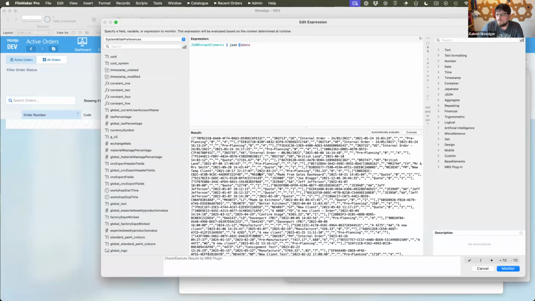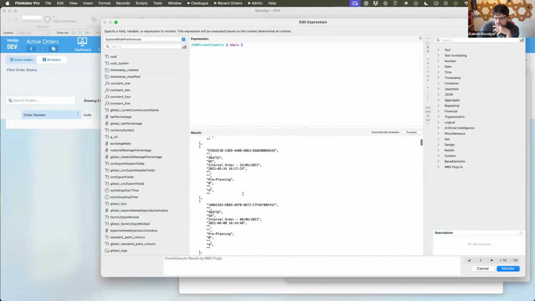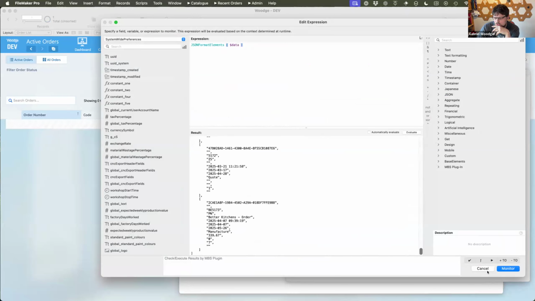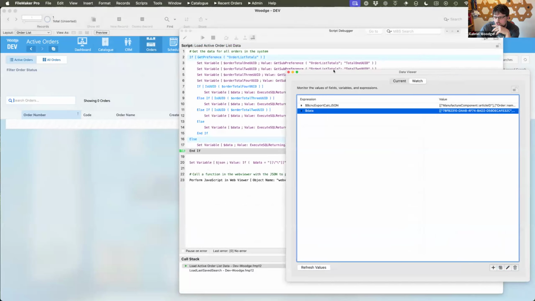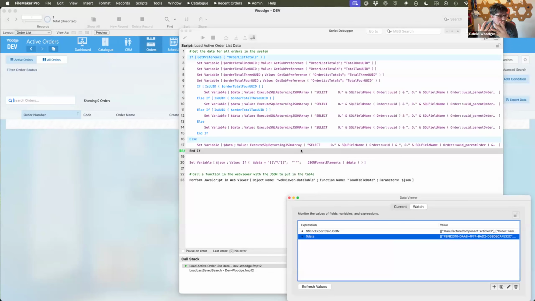If I wrap a format on that, we'll see kind of what's happening. So this is just grabbing, for every single order in the table, some information: the primary key, the order, basically each of the columns of pieces of information in here. Doing this by using an Execute SQL is significantly faster than doing it via the Data API.